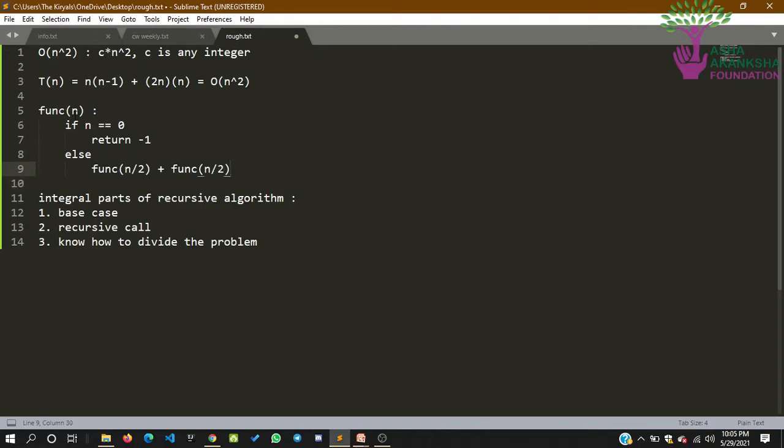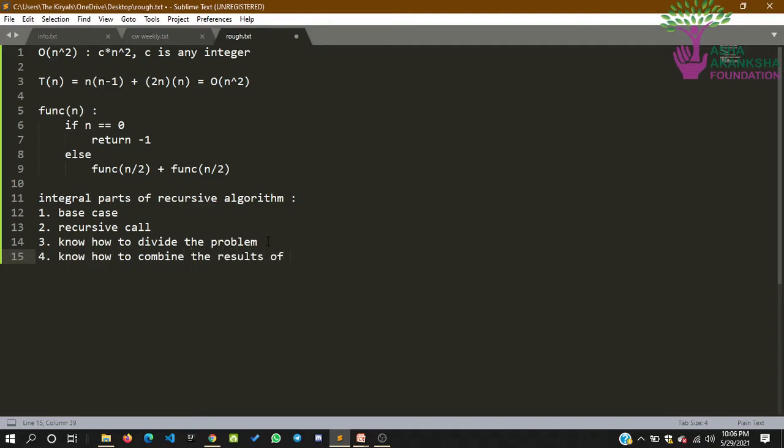Then we have decided to divide this problem for n into two parts, n by 2 and n by 2. So we should know how to divide the problem. We are taking from n to n by 2. And the fourth thing is that you should know how to combine the results